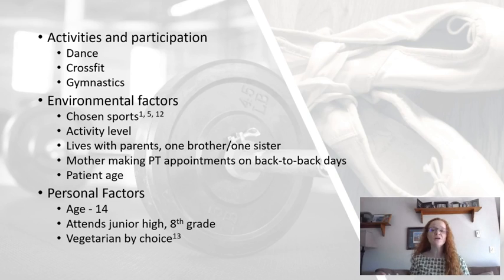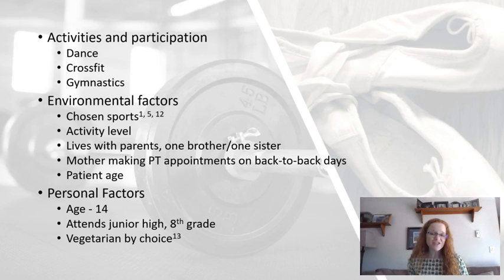Her activity level was an issue. She was doing some sort of workout at least 5 days a week, sometimes 2 in a day. So like she'd go to ballet class and then she'd go to a CrossFit workout. Then she was adding PT twice a week. And then at the beginning of March, she went out for the school track team too. She was asking a lot of her body every single day. Another environmental factor for her was her mom was making her appointments on back-to-back days a bunch of times. We all know that's less than ideal for PT progress. It may have been unavoidable because she did have 2 other kids to deal with, but still less than ideal.